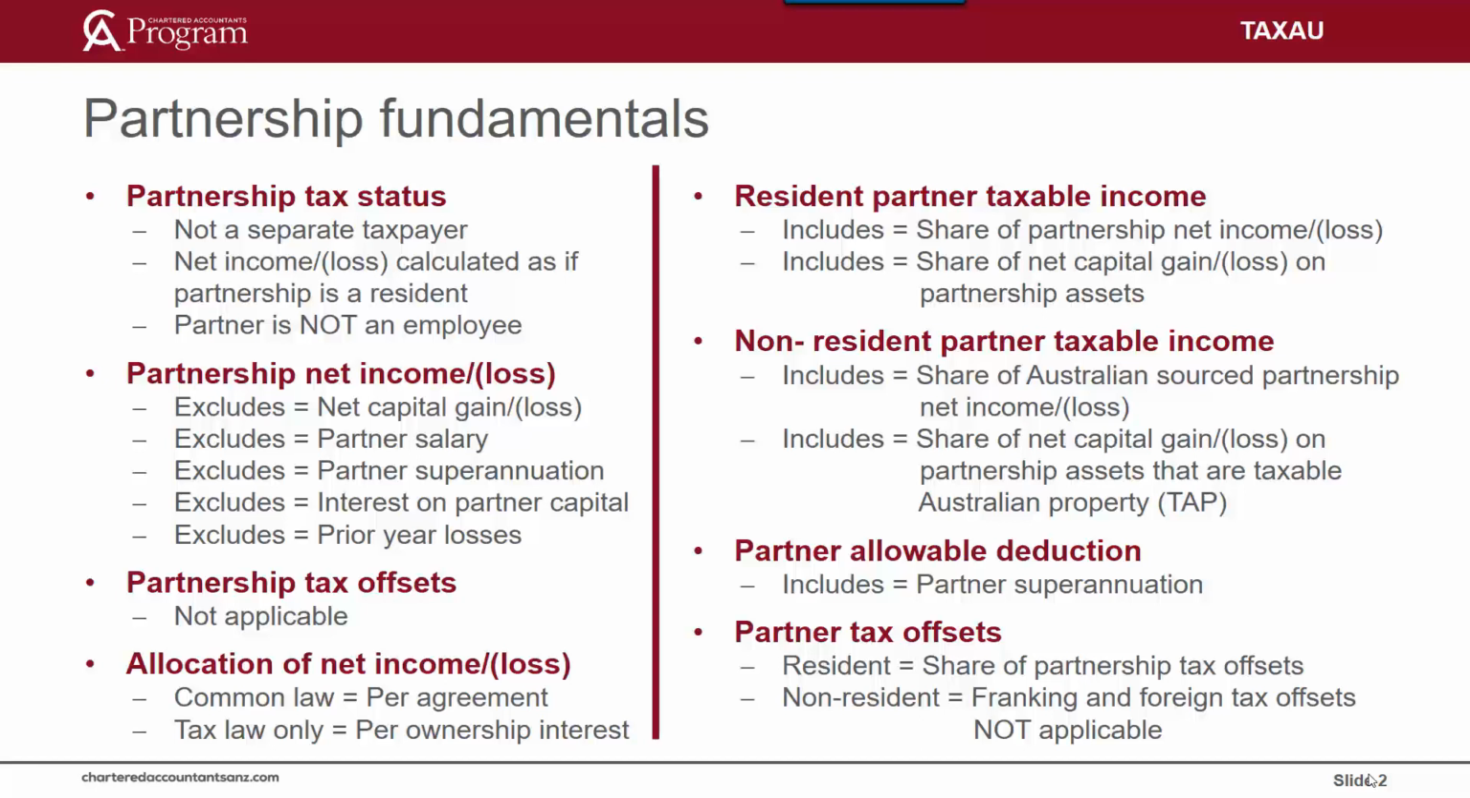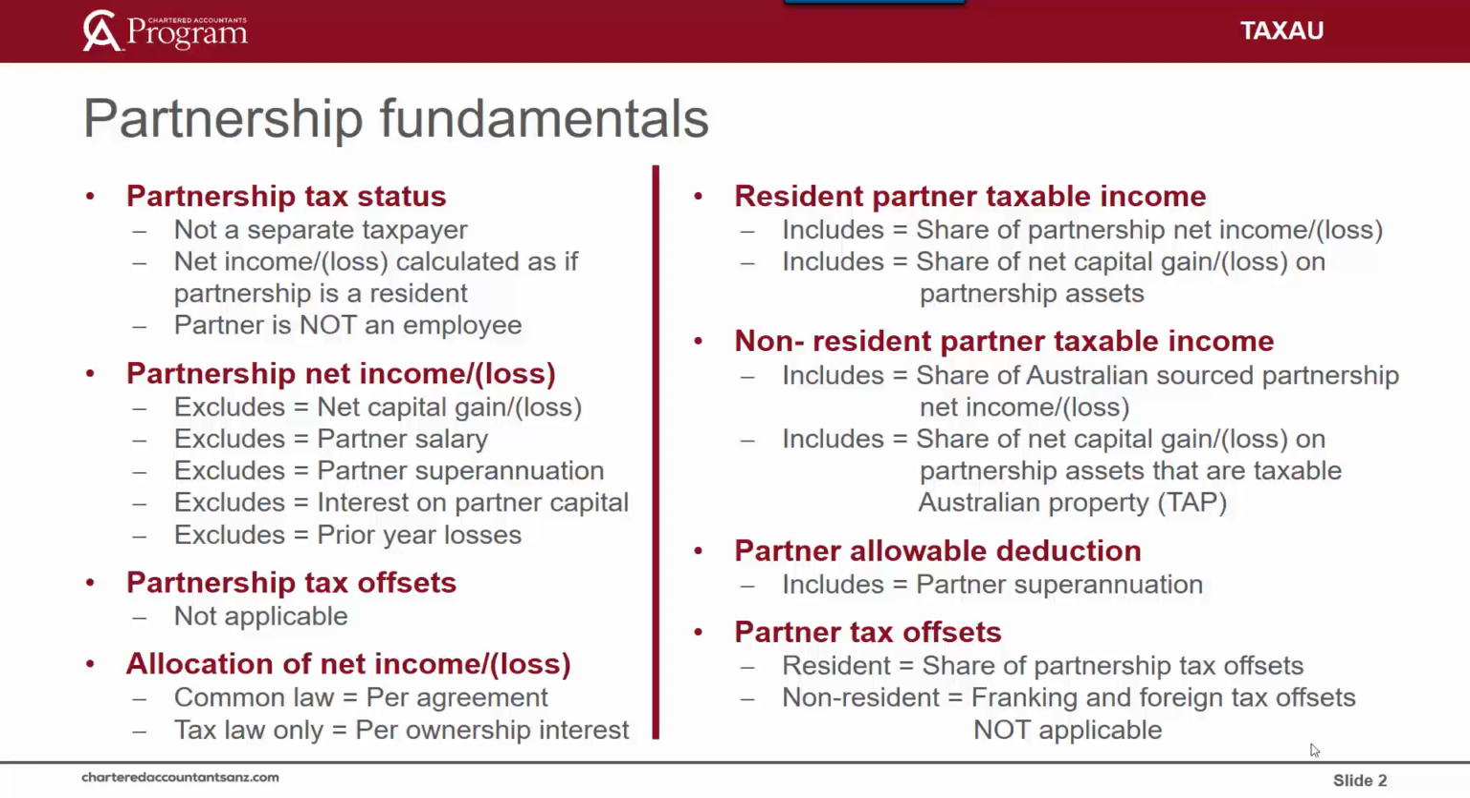Once the partnership net income is calculated, it is allocated to the partners based on their individual share in the partnership. For a common law partnership that is carrying on business, a partner's share of net income is determined based on the terms agreed by the partners in a formal, written or oral agreement. For a tax law partnership, the partners agree to share income jointly or based on their ownership percentages in the